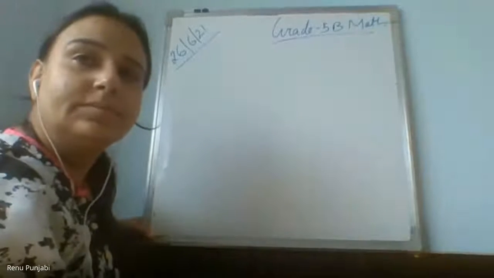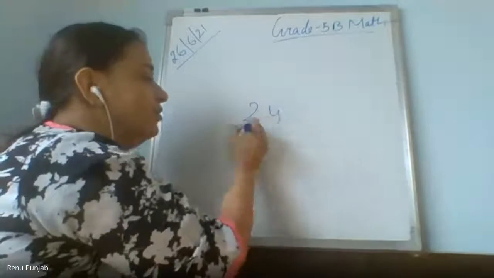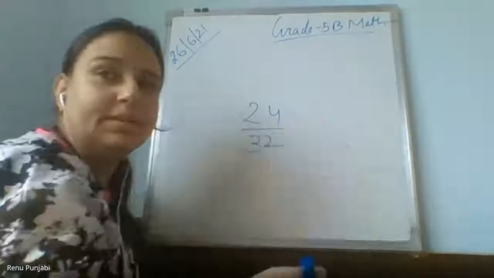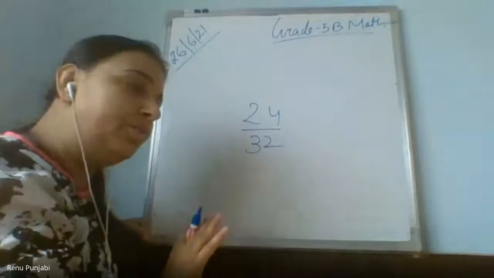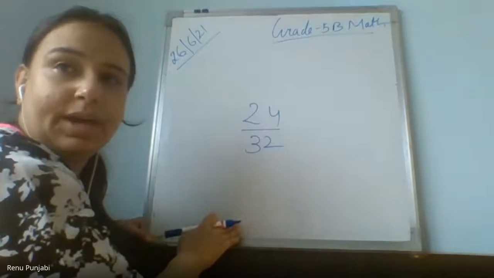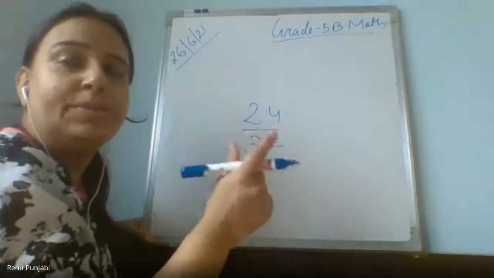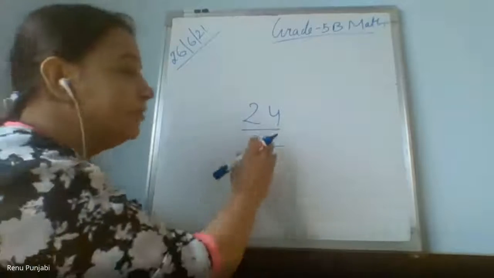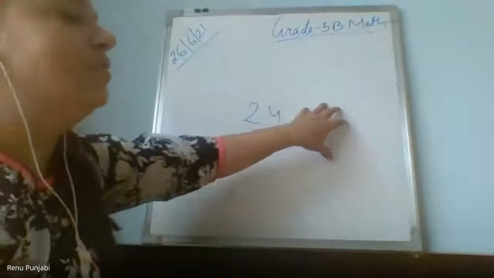Ma'am, I have a doubt. Yes. Ma'am, in the last, you showed that 24 upon 32, we have to make it short. So, ma'am, we can do it on the 4 table also. There was 8. See, as I am using the word, use the bigger table. Then it will be easy for you. You can do with 2 also, you can do with 4 also, you can do with 6 also. But I am using the word, use the bigger table. Then it will be directly you will able to make the shorter.